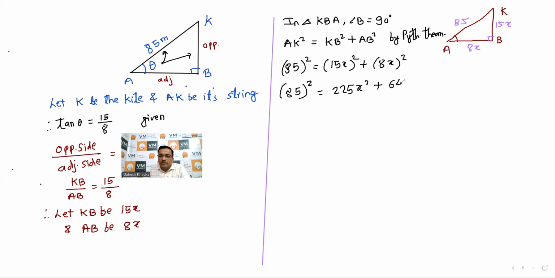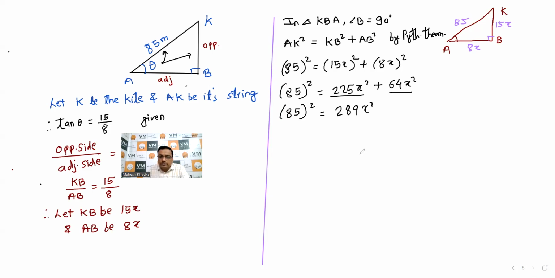This one is of 64x square. The square of 8 is 64, square of x is x square. Square of 15 is 225, square of x is x square. Now 85 को 85 रखो. Now 225x square and 64x square plus है ना x square. तो whenever we add it becomes